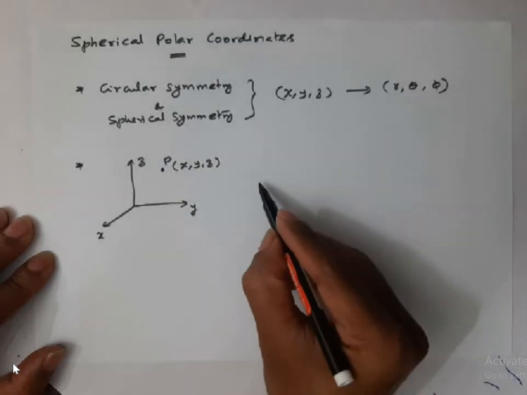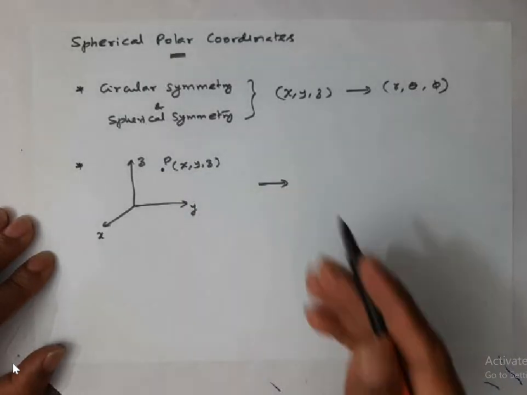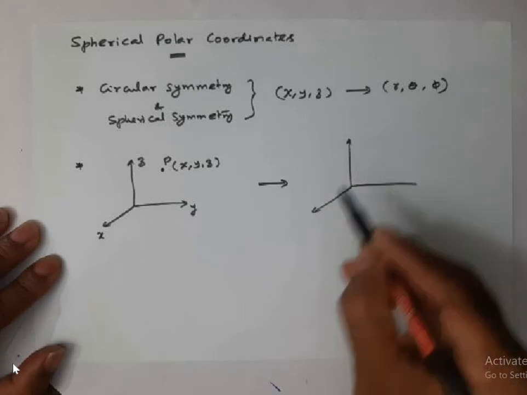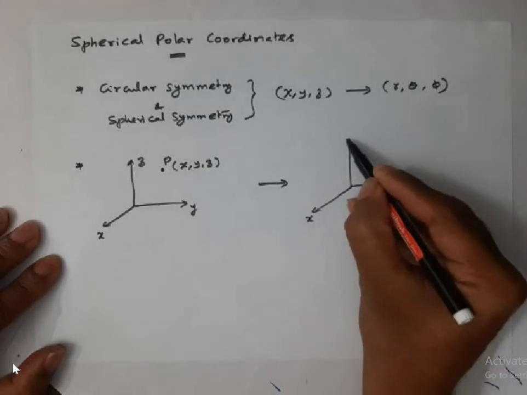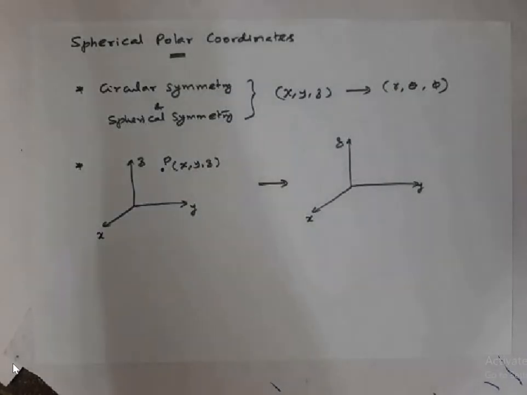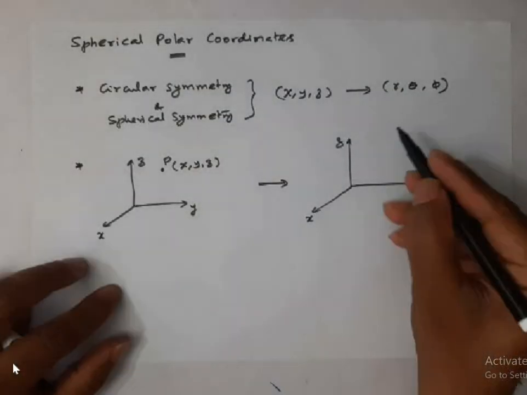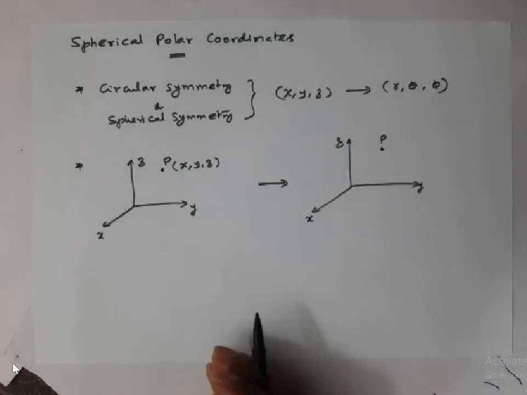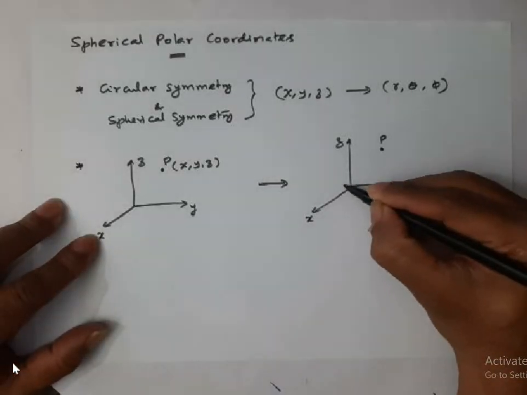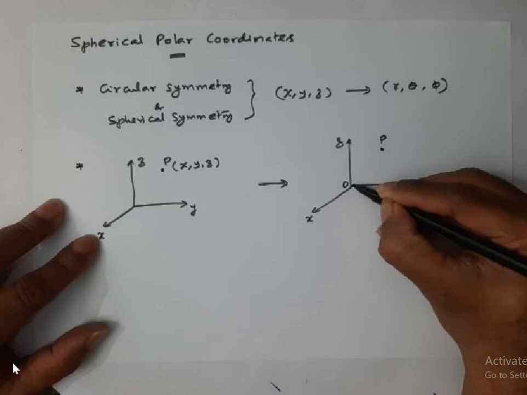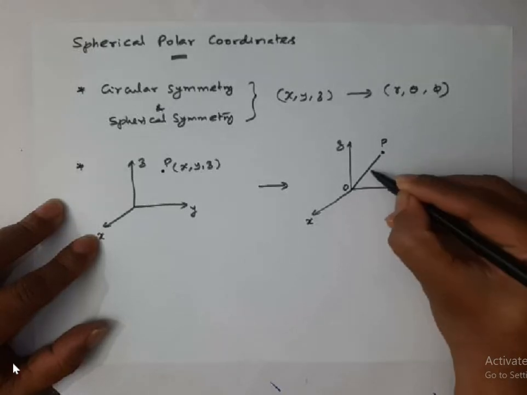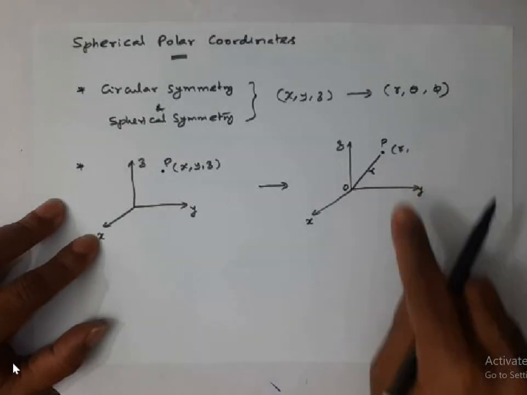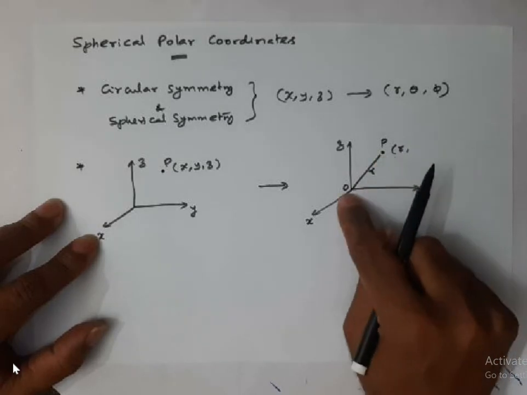Now if you want to represent a point in spherical polar coordinates, what you have to do, listen, I'll take the same space, and I'll keep this as x, y and z. The axis system remains the same. I'm going to represent the same point P with a different notation. What is meant by that? This is the origin, and the line joining the origin to the point has some length, let it be r. So it has a coordinate r. r represents the distance between the point and the origin.